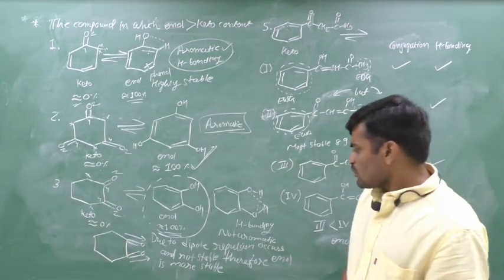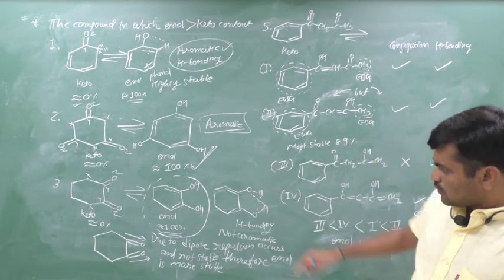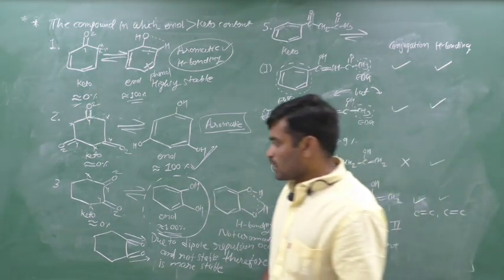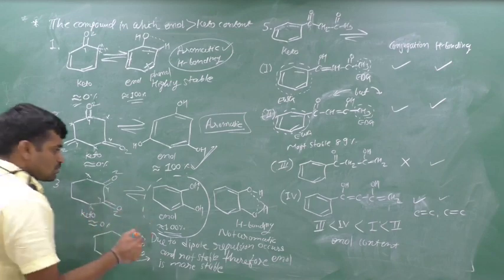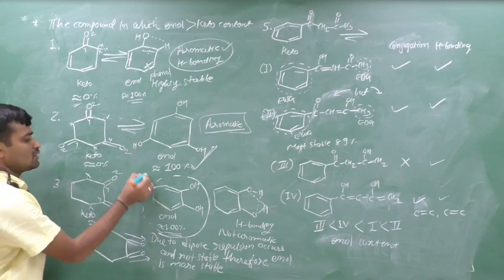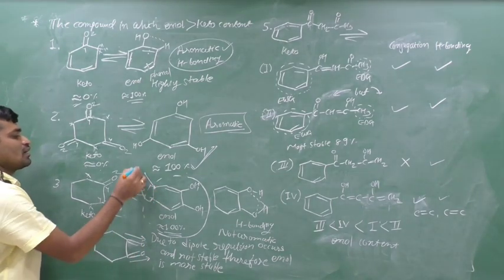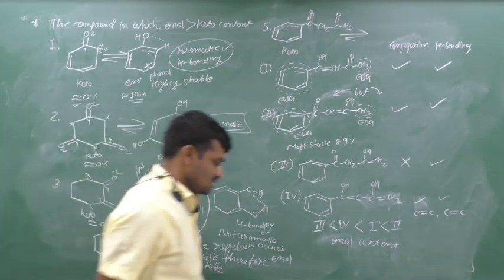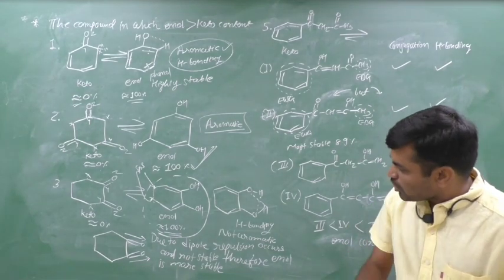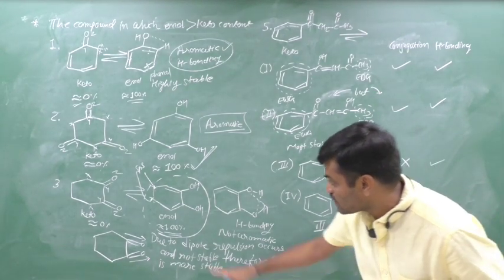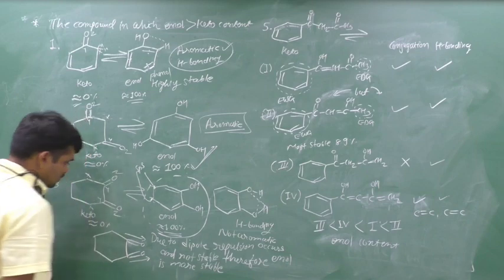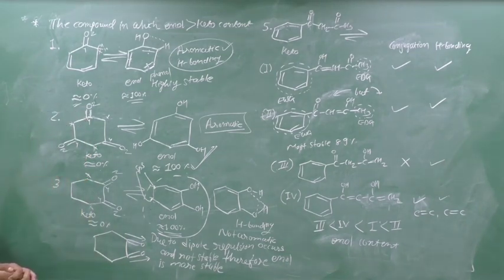Here, yes, possibility of hydrogen bonding is there. This oxygen forms a hydrogen bond with this hydrogen and this oxygen forms a hydrogen bond with this hydrogen, but there is no possibility of aromaticity, because yes, the compound is cyclic but not planar. The hybridization of this and this carbon is sp3 which is non-planar, therefore you can say that the compound is non-aromatic. But although the compound is non-aromatic, the reason why this is in 100% is that first, it can have hydrogen bonding, and second, if you check the dipole